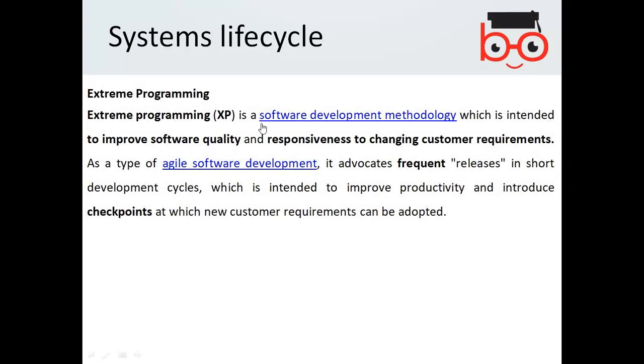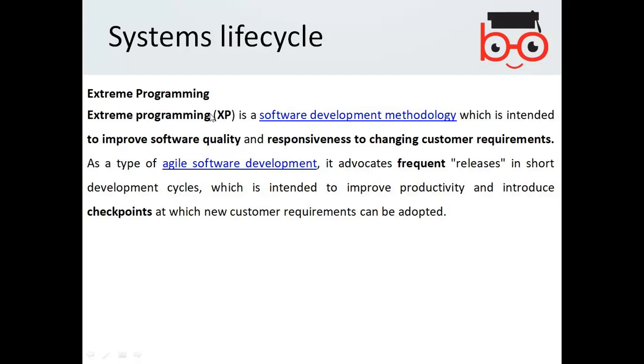Extreme programming is a software development methodology which is intended to improve the software quality and responsiveness to changing customer requirements. As a type of agile software development, it advocates frequent releases and short development cycles, which is intended to improve productivity and introduce checkpoints at which new customer requirements can be adapted.